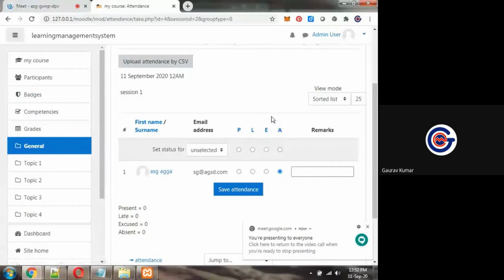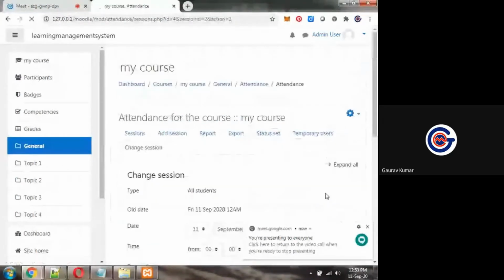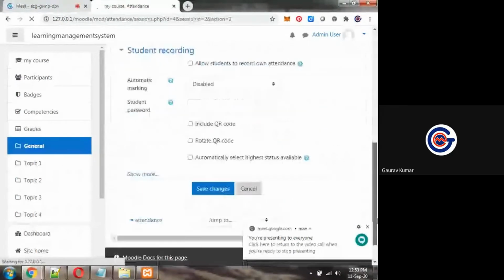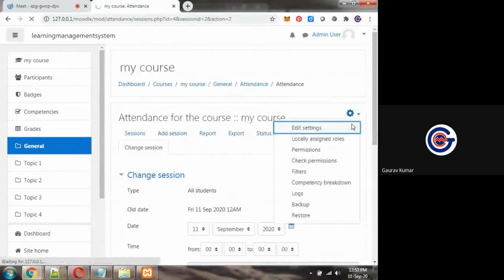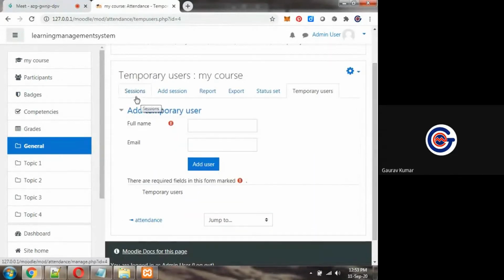Suppose I want to modify this. I don't need this excused. I need only present, leave, or absent. For that, what we will do? You can see here in settings. On click of this settings, multiple options are available, and you will be able to put this.